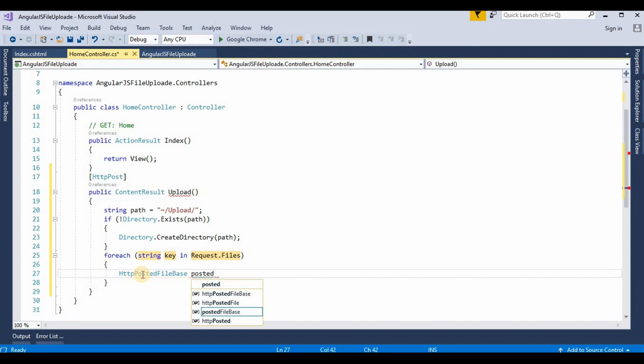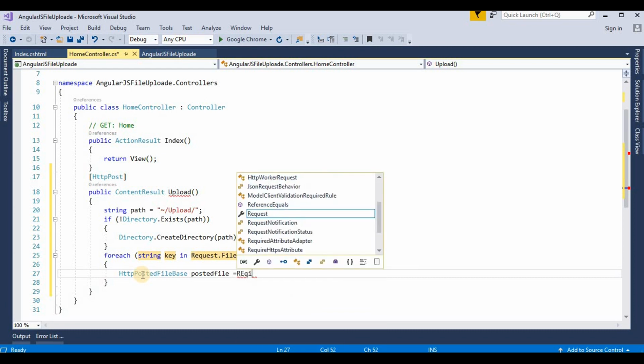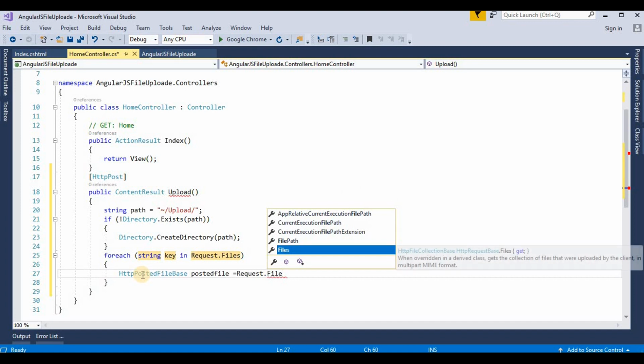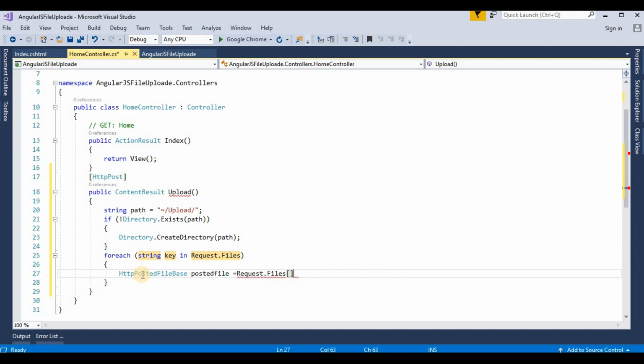We write here any object name, postedFile is equal to Request.Files. Here we provide the keys, the index number,